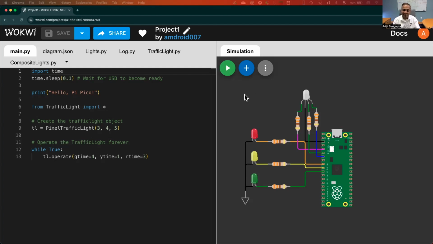And today, just to have some fun, we're actually going to create a third type of traffic light. We obviously have the individual LEDs. We have an RGB LED, and a very popular type of lighting that is also available in a lot of kits are